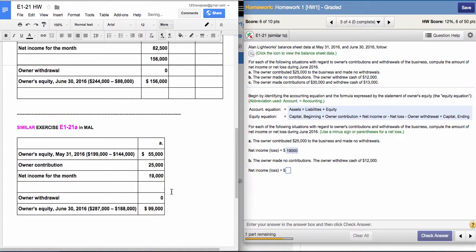So again, the whole point of this is to show you how to approach the homework by reviewing your module answer keys against the problems given in the textbook, and then using the very same process to solve the same problems in MAL. I hope this proves useful